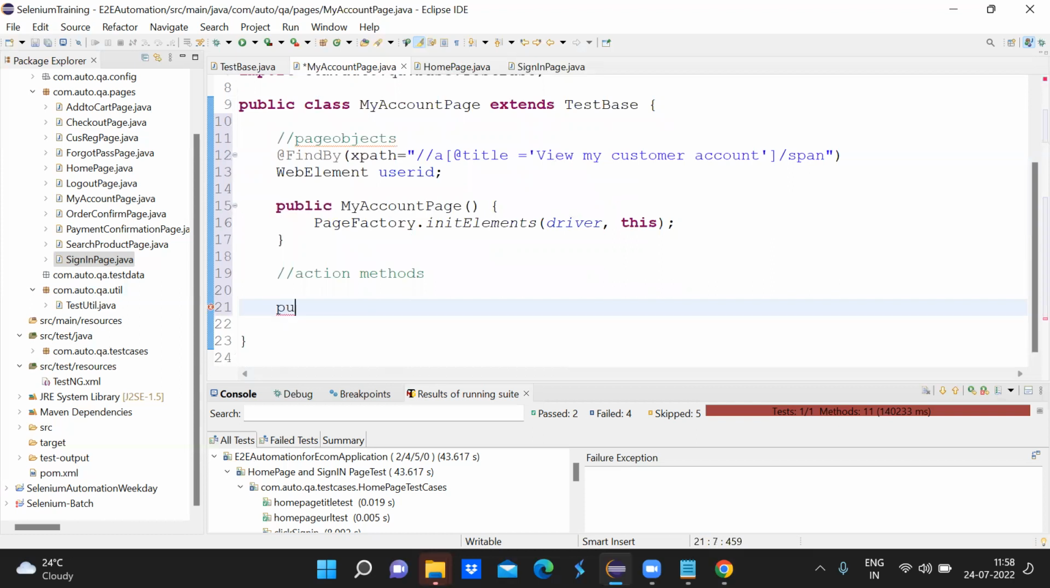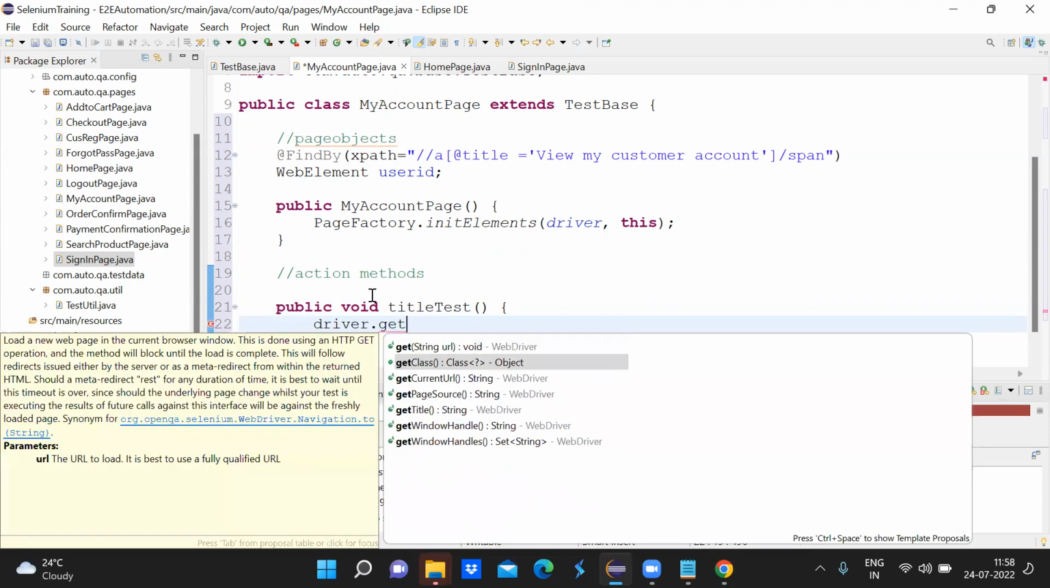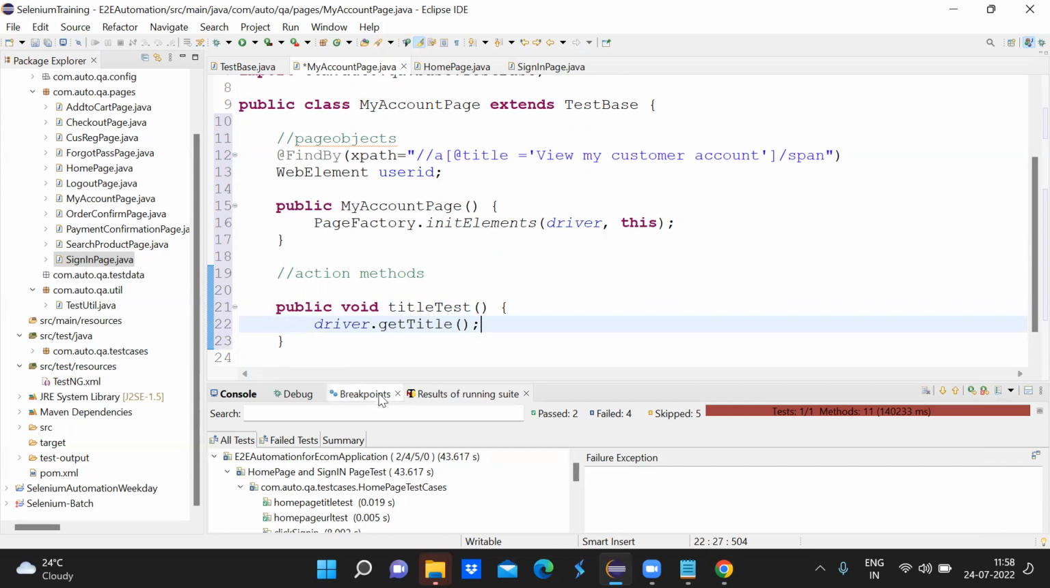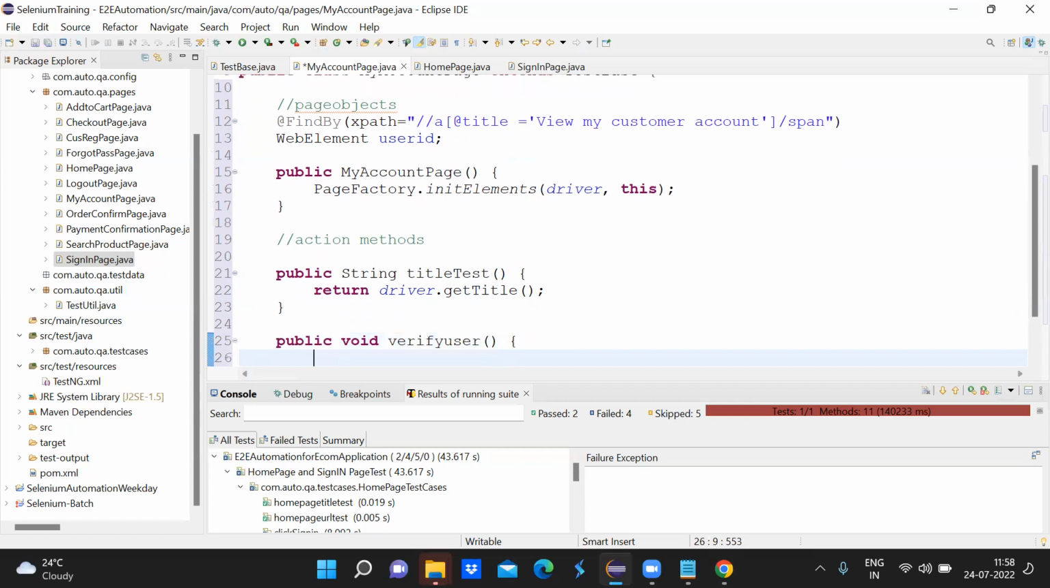So public void title test, and for title test we have to get the current title, and again this will return you a string. And next would be your public void verify user,